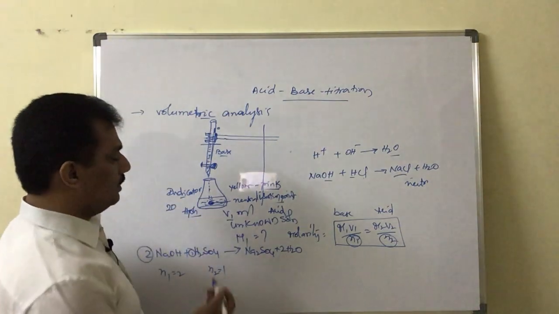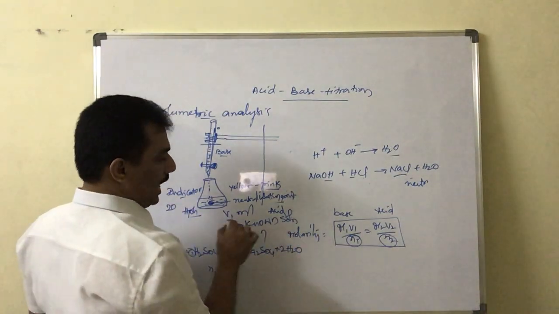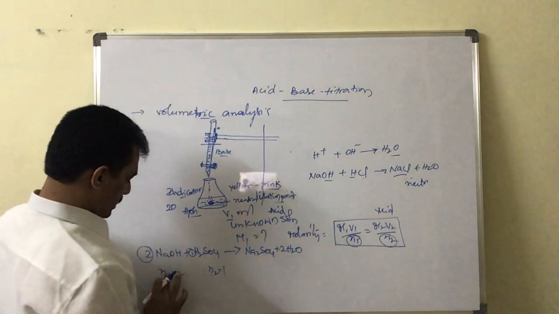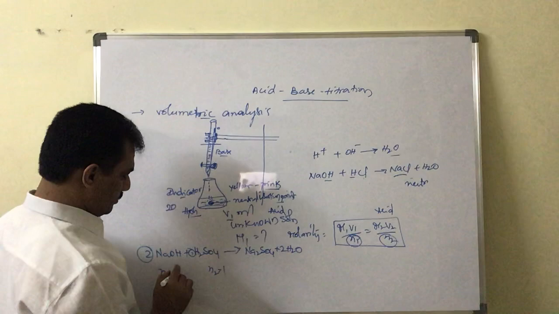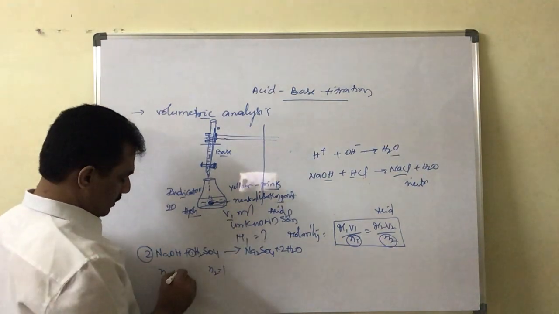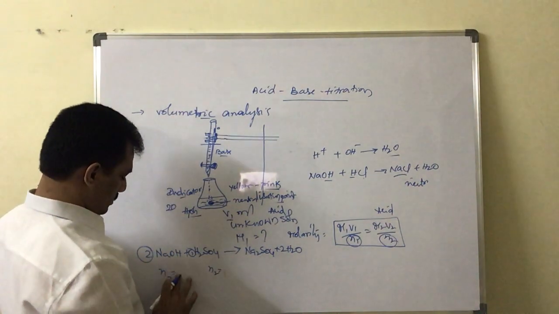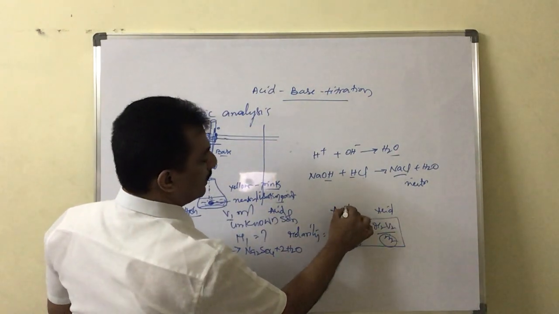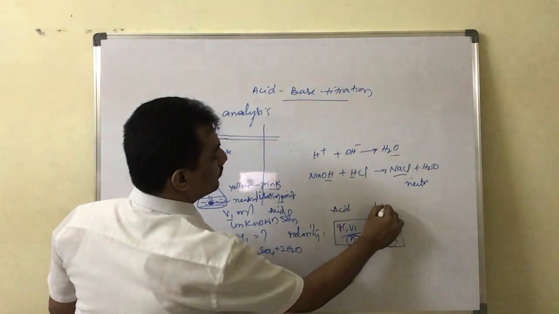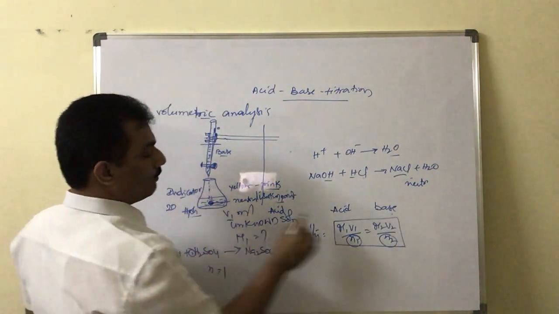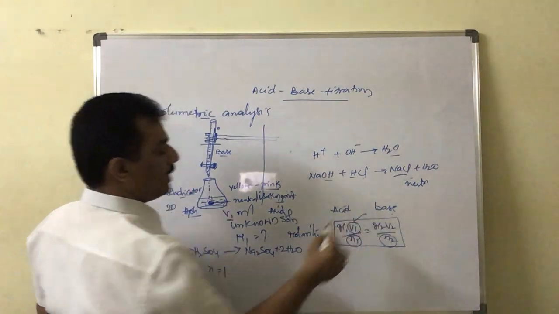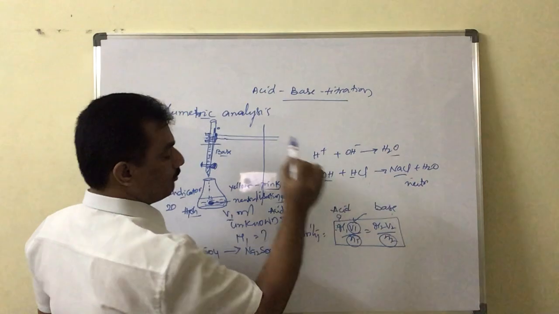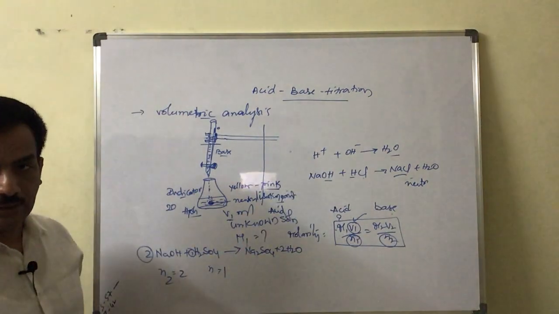So now the volume of the acid is known. Let us consider it may be taken as base, because it is already mentioned that the volume of acid is V1. Here N2 is 2, N1 is 1. It is acid and it is base. Okay, and the volume of acid is taken by us, so it is known. We have to measure this M1. How much is M1? What is the molar concentration of that acid?